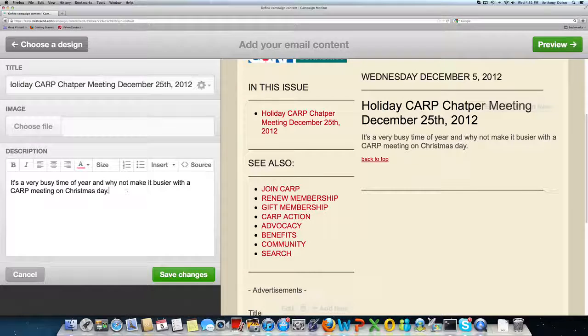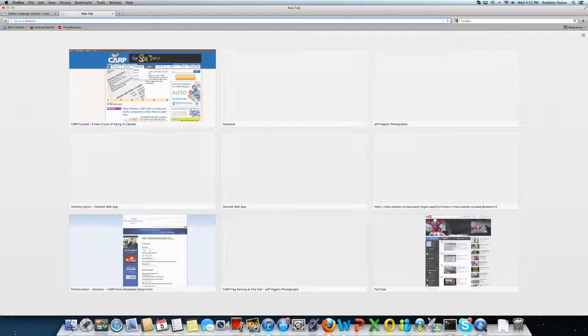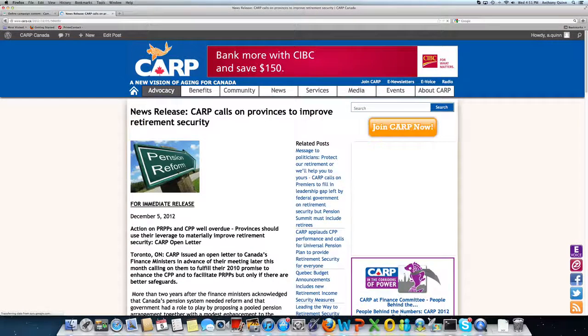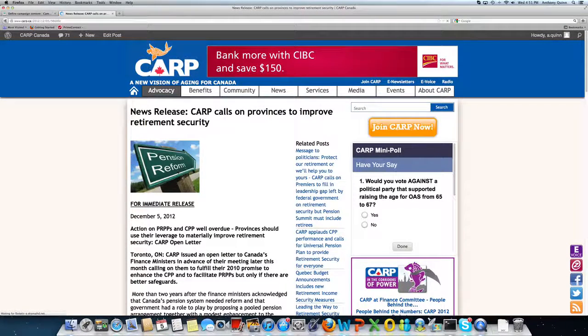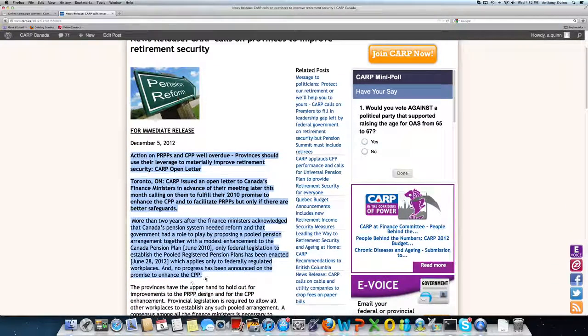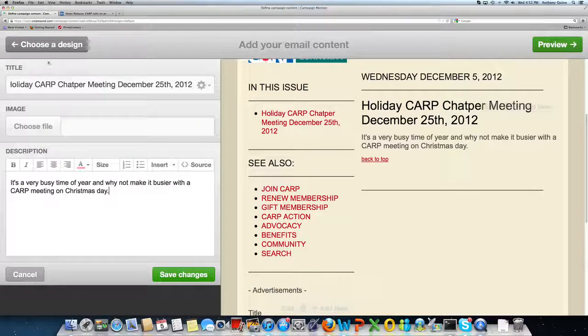Another option for text is to copy and paste from another source. I'm going to open up the CARP website in another tab, click on a new story, and let's say this information is important for my story. I'm going to highlight this, and edit, and copy that information, and then go back to my editor, and where I have my cursor right here,